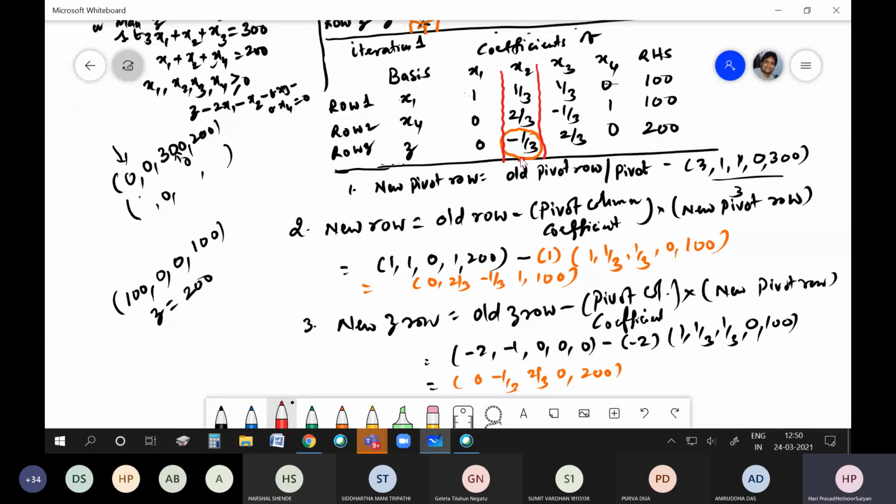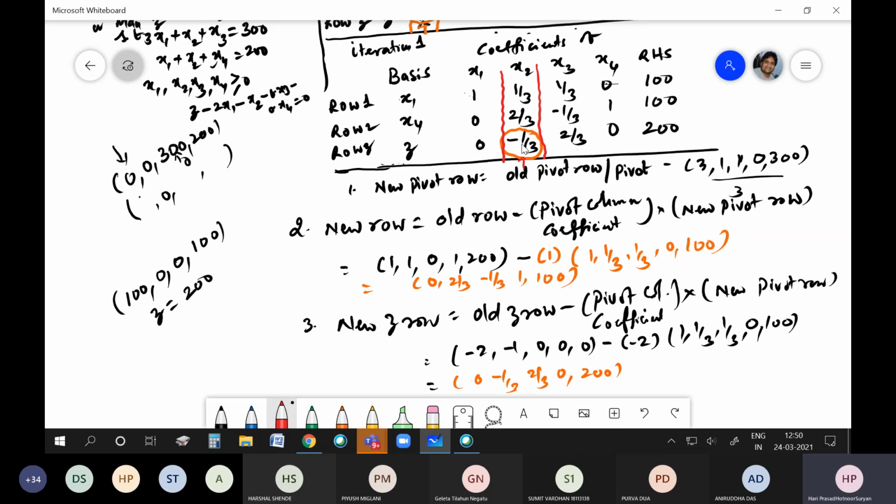Sir, excuse me, I wanted to ask, if hypothetically the most non-negative coefficient were X3, not X2, would we take X3? No, X3 will not. It is a non-basic variable, and because you have taken it out, it will become positive. Okay, sir, I got it. So now it has only minus 1 by 3.